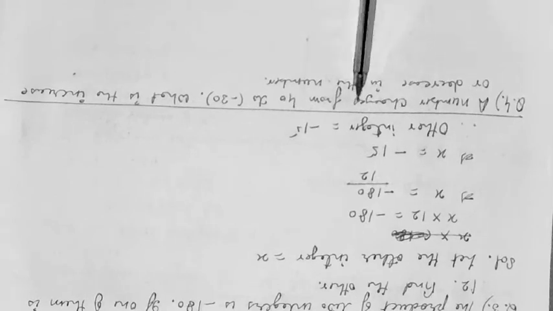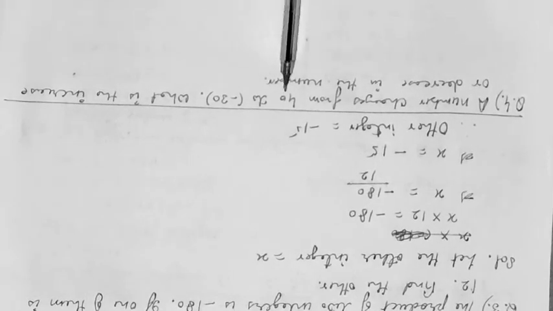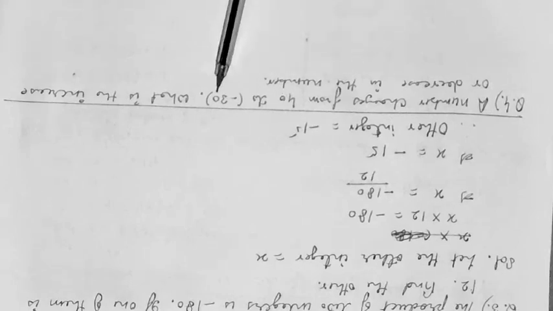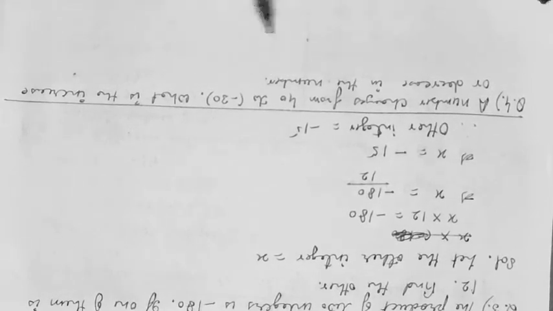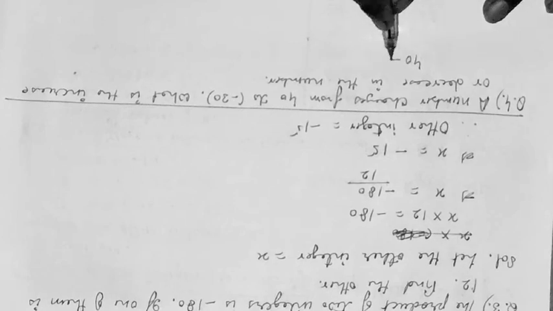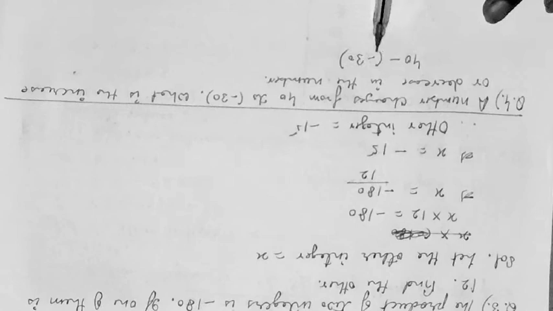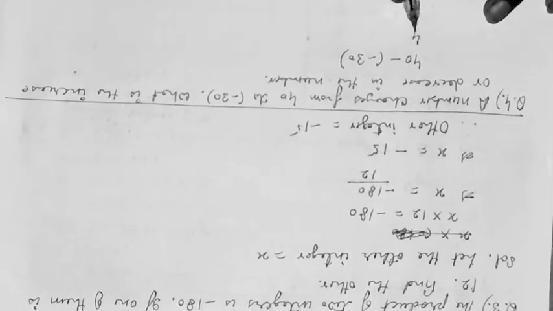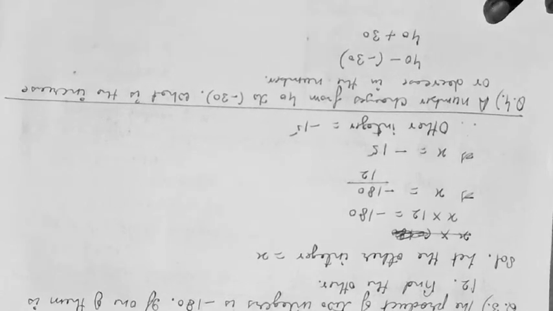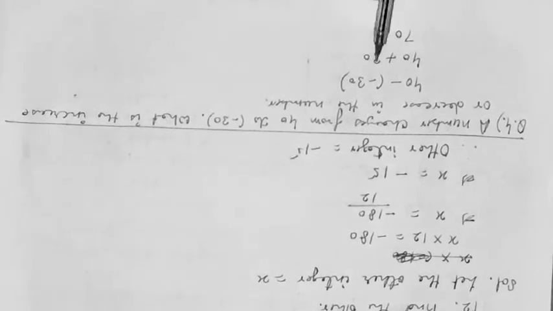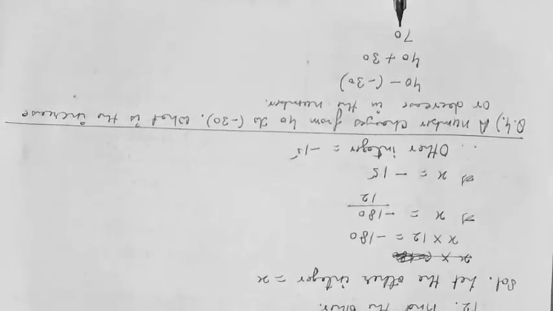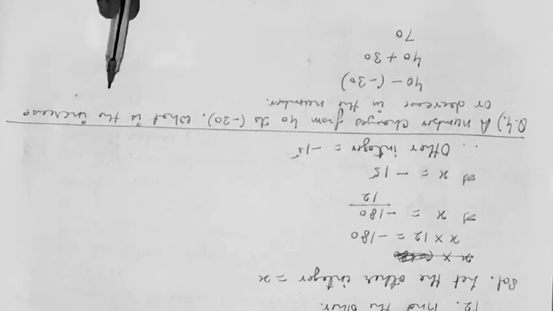Whenever there is some change, we always subtract. And here the change is from 40 to minus 30. The number has been changed from 40 to minus 30. So 40 minus minus 30. Now outside the bracket we have a negative sign, so the minus sign inside the bracket will change. So it will become plus 30. 40 plus 30, answer is 70. So we have seen that the change is of 70. Now we have to see whether this is an increase or decrease.